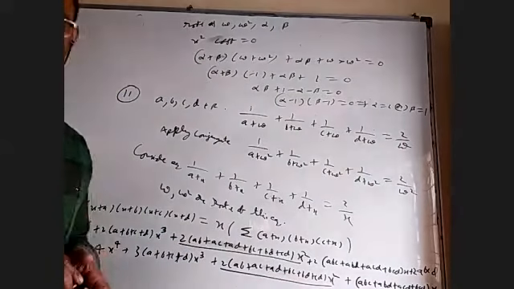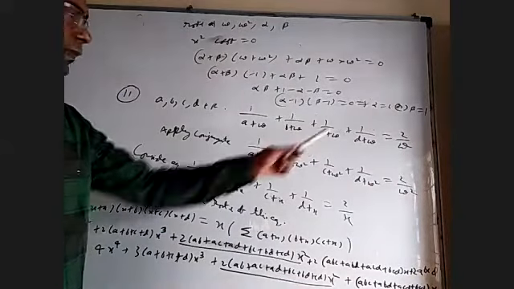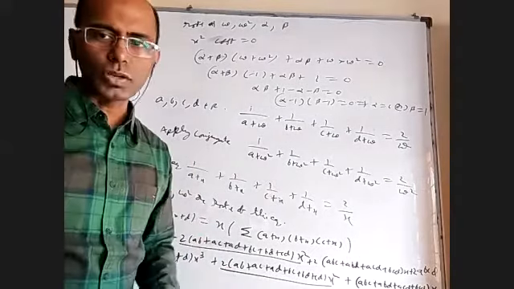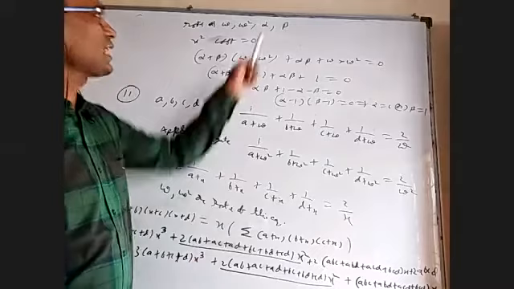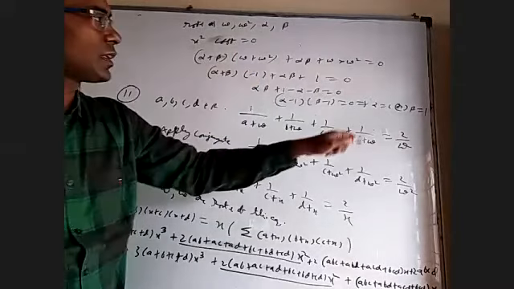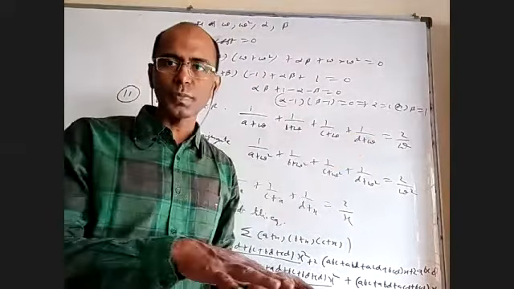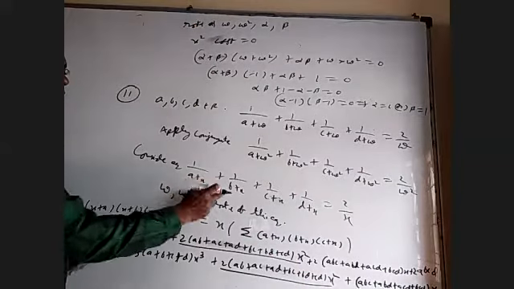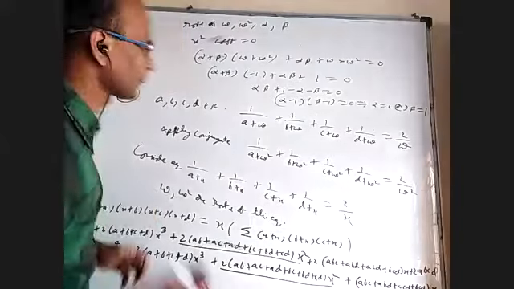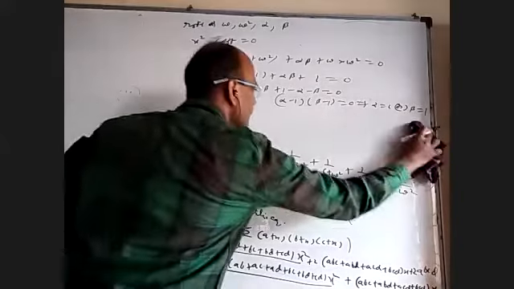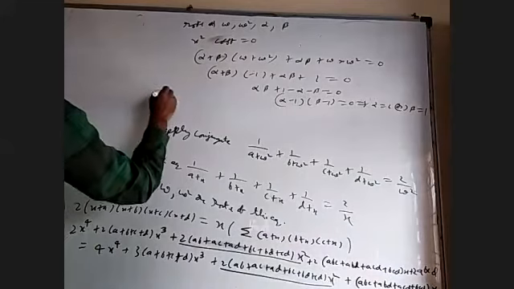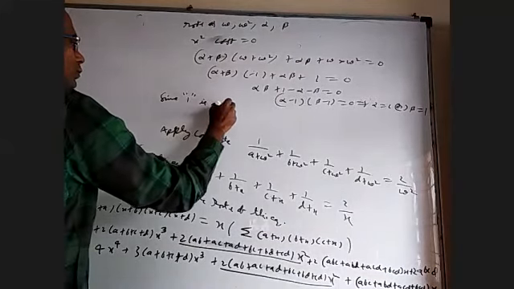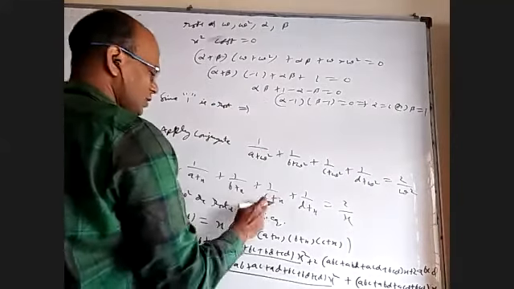See, what does this mean? For this equation, they gave only omega as a root. By applying the conjugate, we understood omega square is a root. It has two more roots and one of them must be 1. That's what we got: either alpha should be 1 or beta should be 1. Okay. So, because 1 is a root, we will get another result.